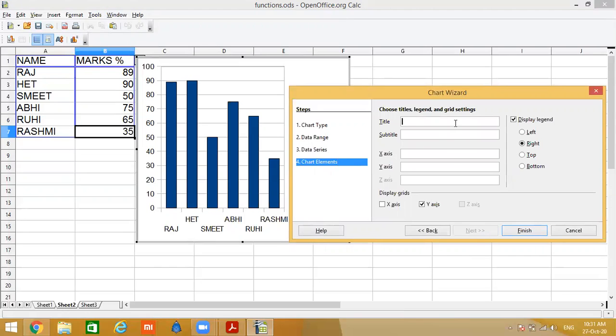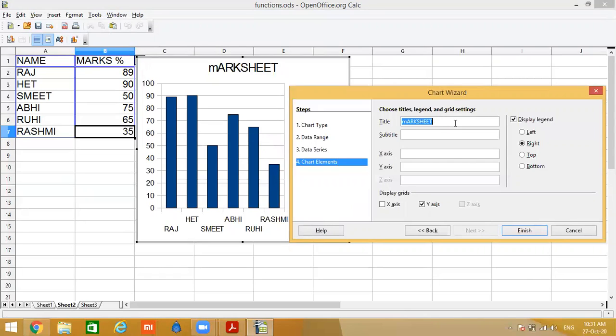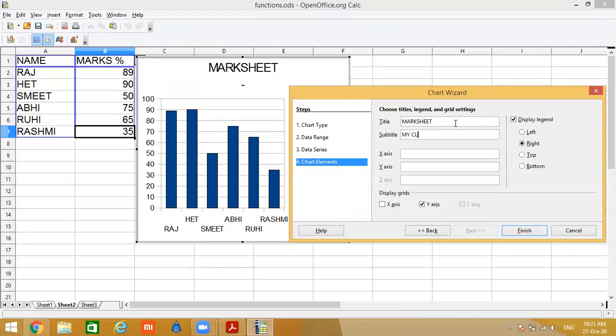Title: what title do you want to give it? Mark sheet. Subtitle is optional. Otherwise, my class. X-axis: what does the X-axis indicate?